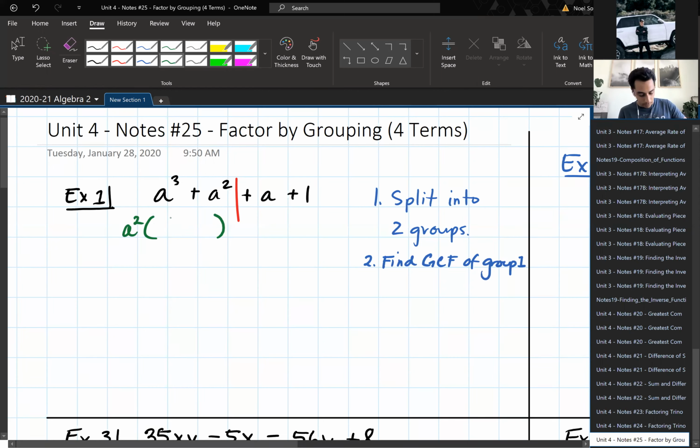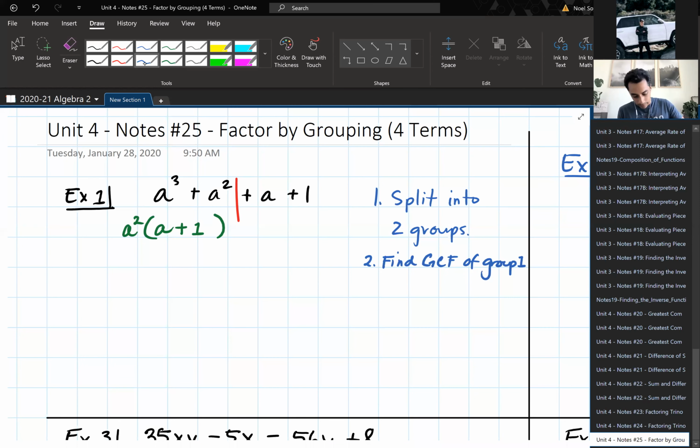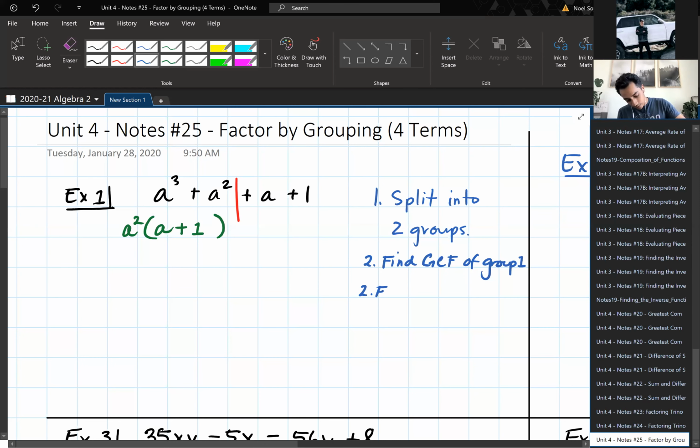So what are we left with? What's going to go inside those parentheses if we factor out a squared? A plus 1, right? So a plus 1 is what's left over. Okay, now we look at the second group, all right? We're also then going to find the GCF